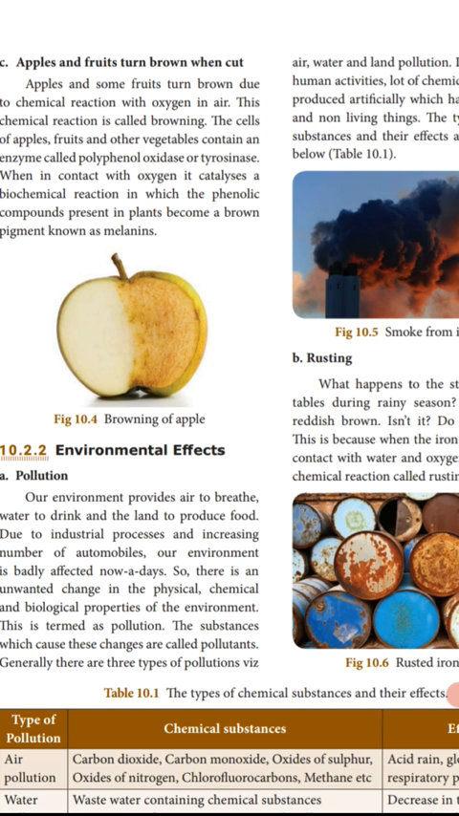The cells of apples, fruits and other vegetables contain some enzymes, that is polyphenol oxidase or tyrosinase. These catalysts contact the biochemical reactions with oxygen. Some apples and fruits contain phenolic compounds that react with the oxygen to form